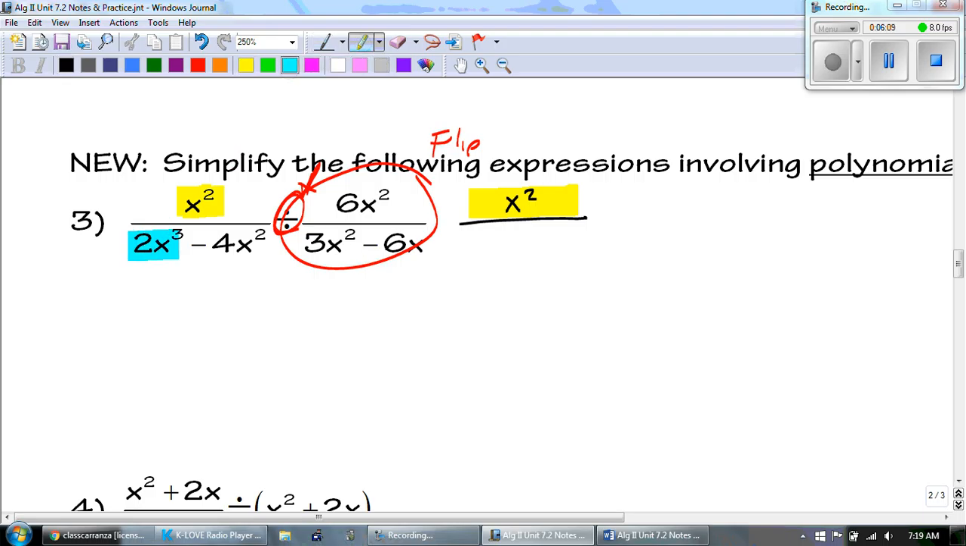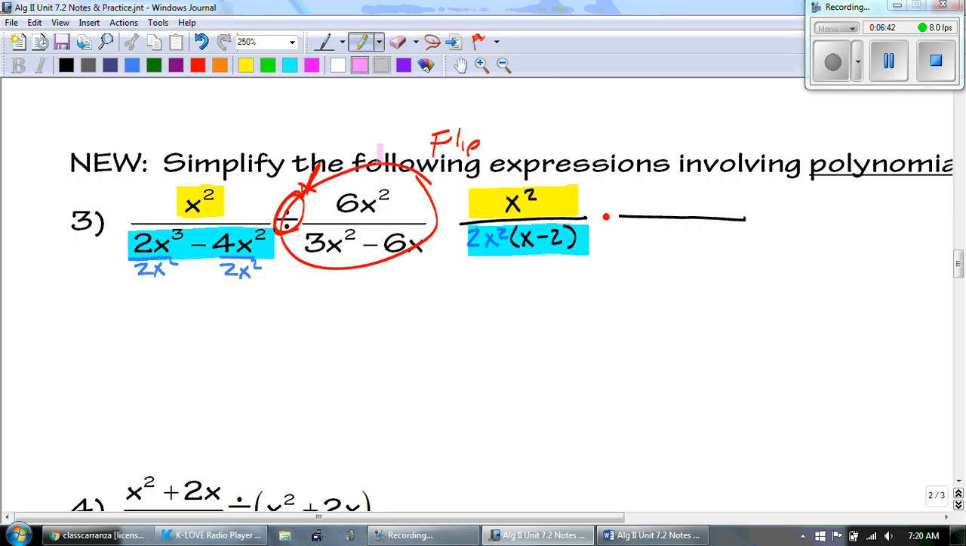But then below it, the 2x cubed minus 4x squared, I can factor out a 2, and then they both have x's, and the smallest one is x squared. So I can factor out 2x squared, and then my remainder is going to be x minus 2. Okay, so now, since I'm multiplying by the reciprocal,